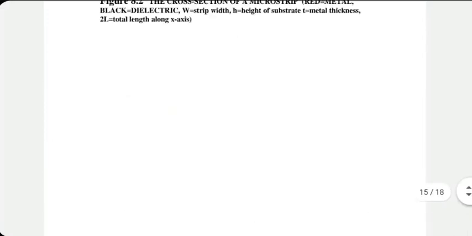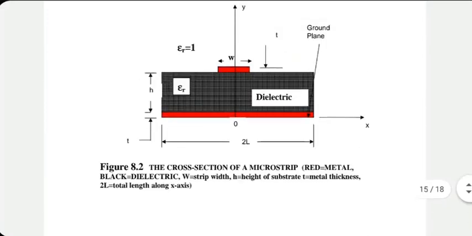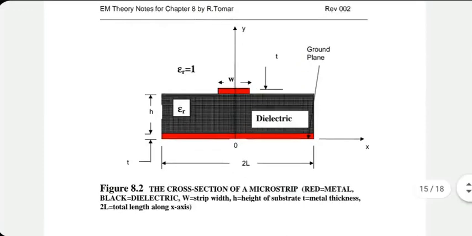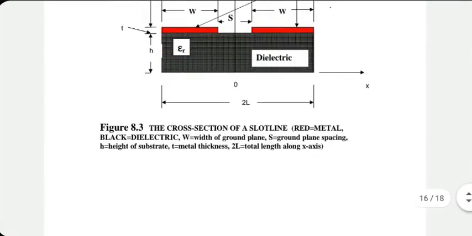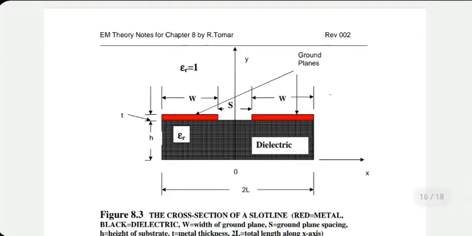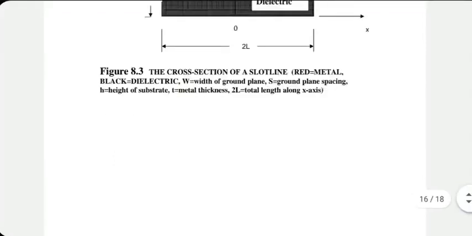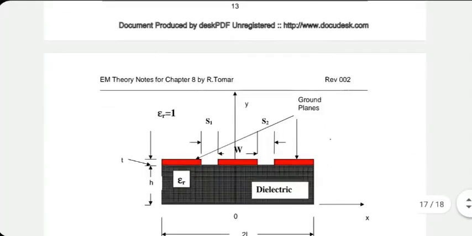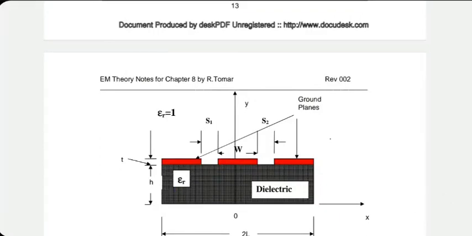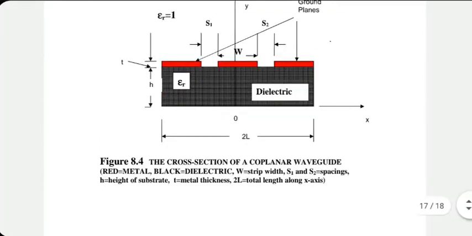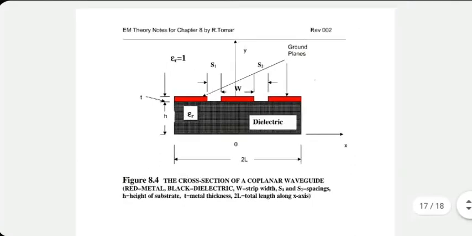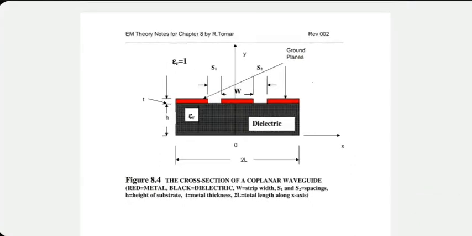This line is also becoming quite popular nowadays. It is kind of complementary to microstrip. In microstrip, wherever you had metal, in slot line, you have no metal there. This is the third one. The fourth one is actually two slots. It is called coplanar waveguide. This is also becoming very popular nowadays. It doesn't support TEM mode again.